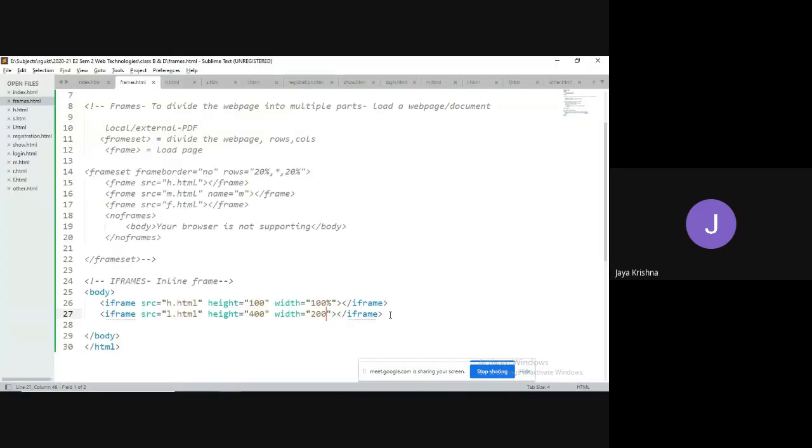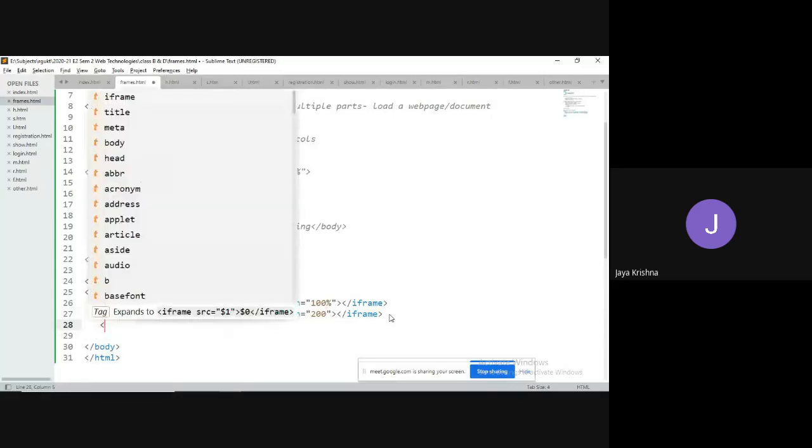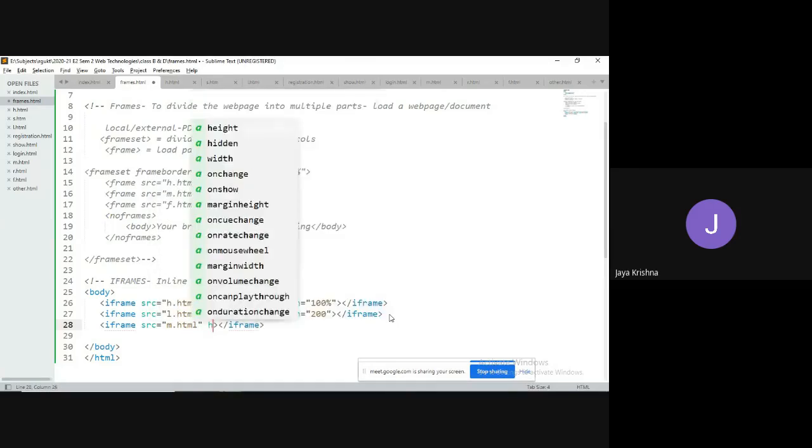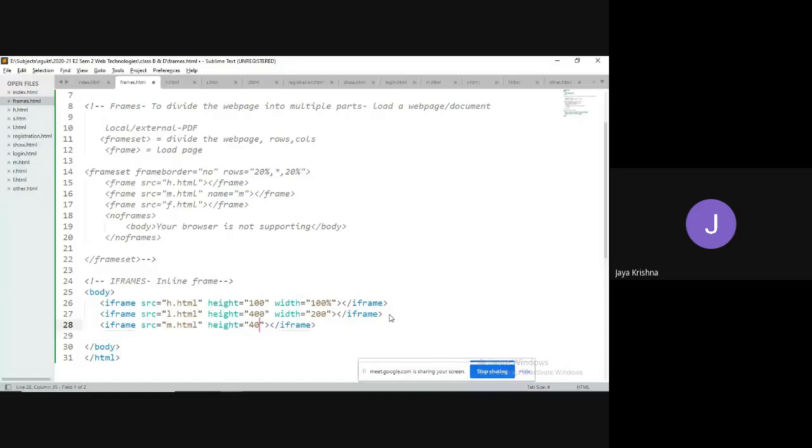Yes. Now I need to divide and load one more web page. Iframe source equal to, for example, the center one, that is m.html. For this also, I can set height equal to 400, and width equal to something like 700.